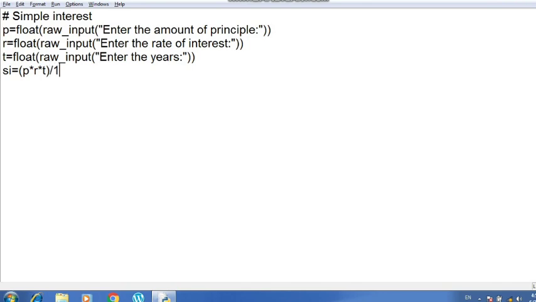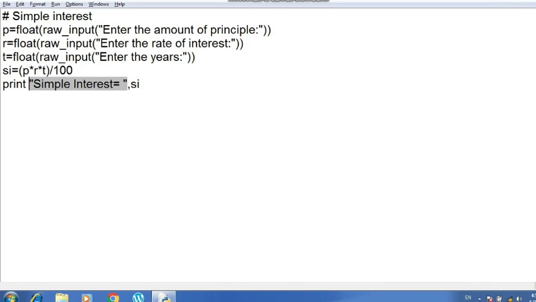Okay, now I will print here: print simple interest is equal to, so this will be printed as it is written in double quotes. After writing the comma, I am writing the variable name SI, so it will take the output of the calculation, whatever the answer will be, it will be added to this string which is written over here.